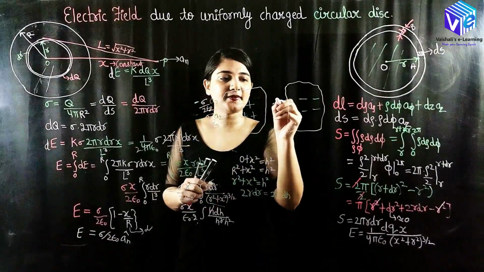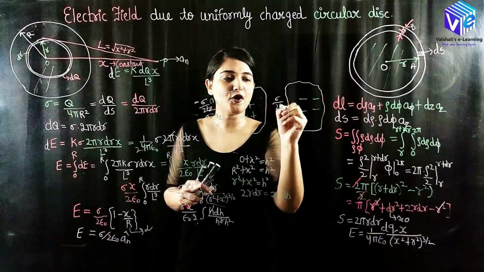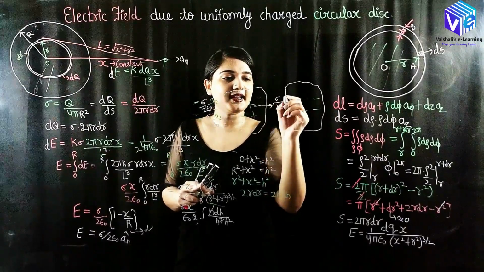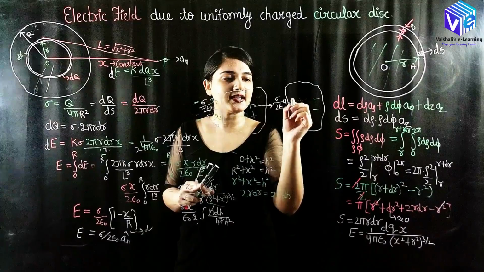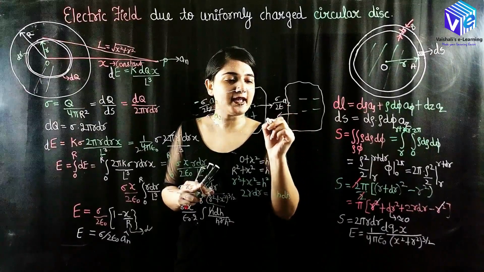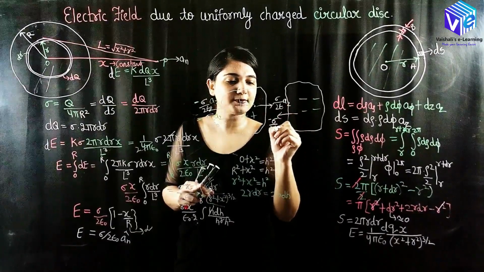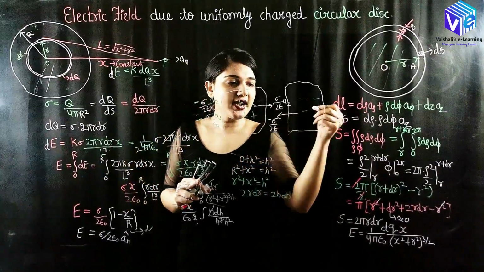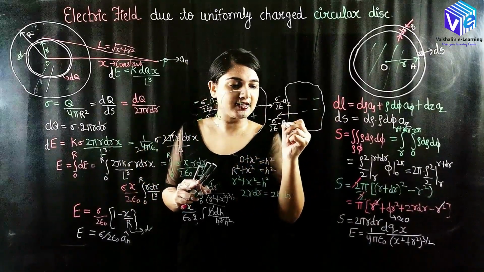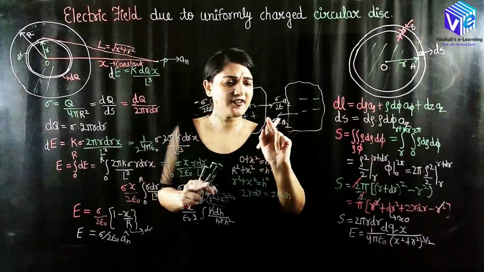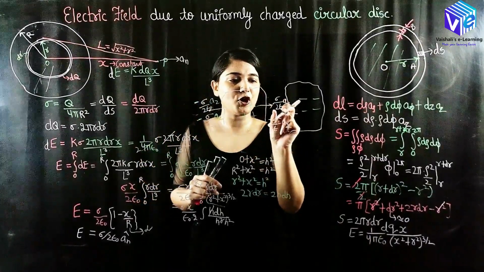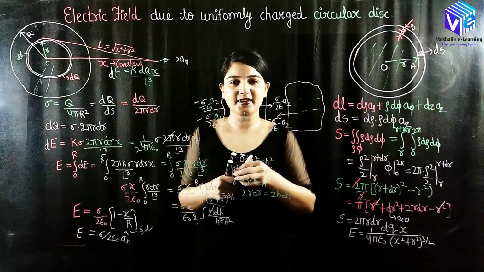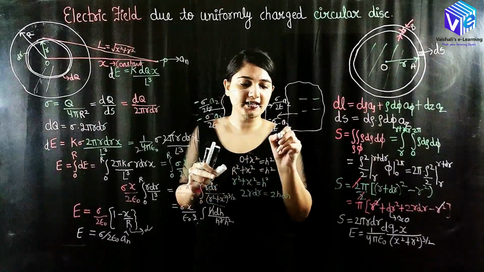But if I see in the middle, here I will be having sigma upon 2 epsilon naught, with the direction of the electric field being a_z, and due to this I will be having minus sigma upon 2 epsilon naught. I have taken minus sigma because of negative charge, and the direction will be negative a_z. So negative and negative will be positive, sigma upon 2 epsilon plus sigma upon 2 epsilon a_z will be giving me sigma upon epsilon a_z.